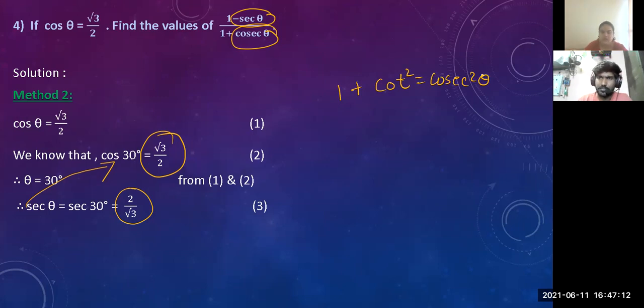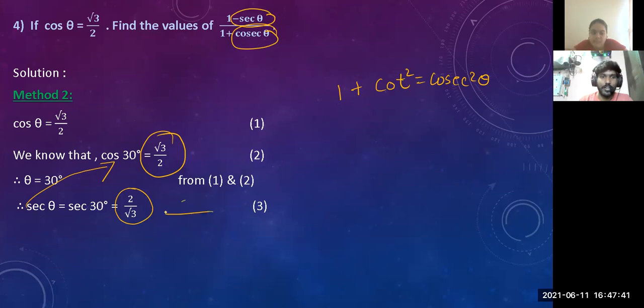Even I had a doubt for this sum, can we use the third identity tan square theta plus 1 equals sec square theta? Because then we know sec square theta, and after finding tan, we can say it is the reciprocal. What you're saying is correct, but it is a very long method. There's nothing wrong in it.